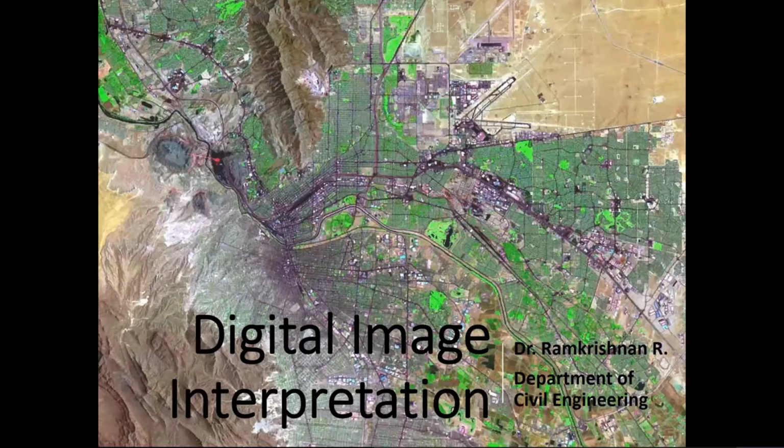So we will continue with digital image interpretation and analysis. We saw in the last class how it is basically done and what the various processes are. Why is it done? What is usually done? What are the various operations that are done on the image? Can anyone tell me what the various digital image processes are that we do on an image?